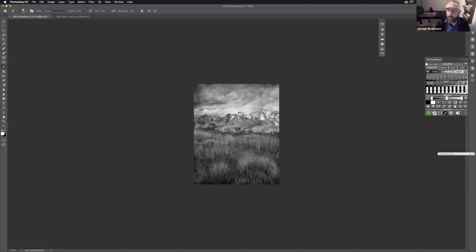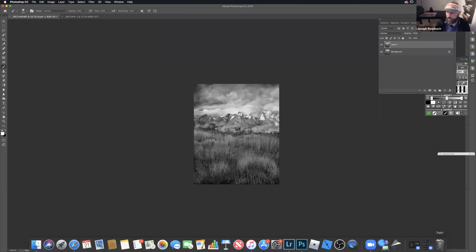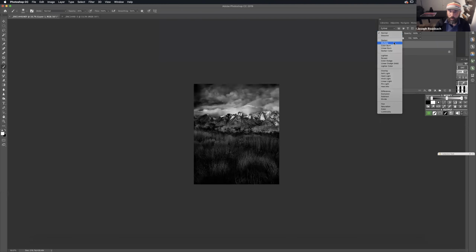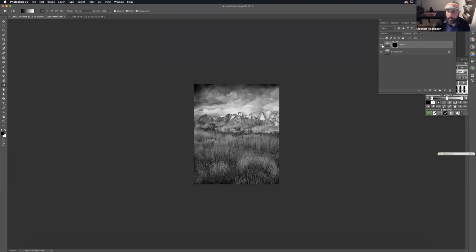So I can use a variety of methods for that, but I think what I'll do here is I'll just create a duplicate layer, Command J, and I'll change the blending mode from normal to multiply, and I will come over and just add a white mask and grab my gradient filter, and then just drag down a little bit from the top, and then reduce the opacity of that gradient filter